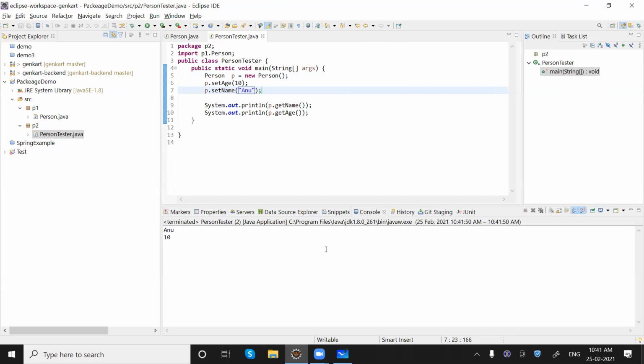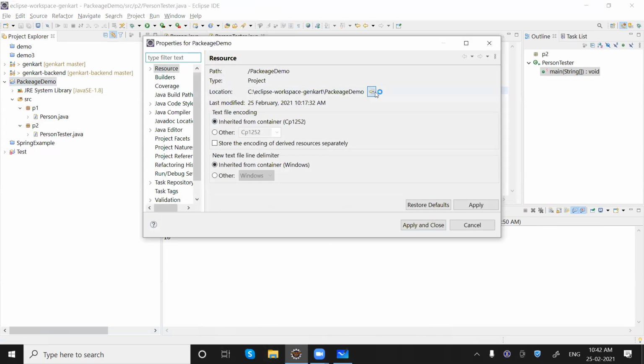Now what is the difference basically when we create package p1 and package p2, what is happening there? Let me just go inside this and show you what exactly is happening.